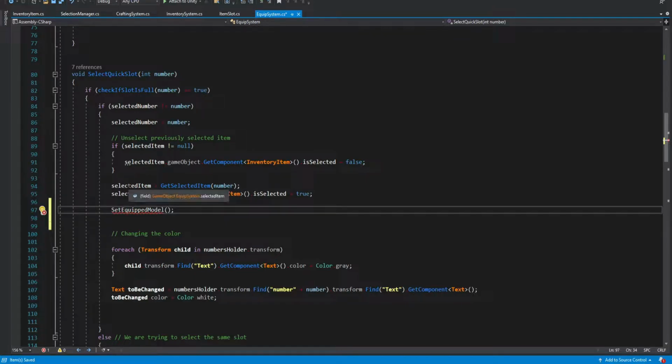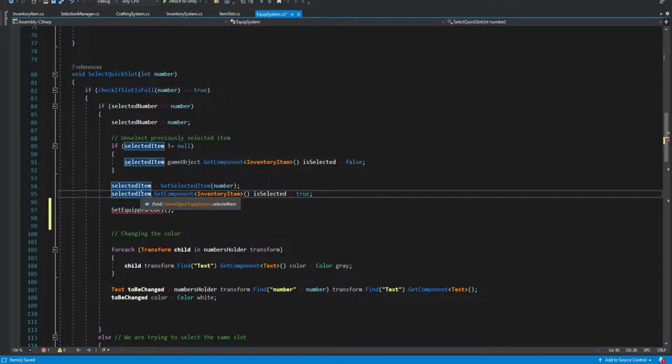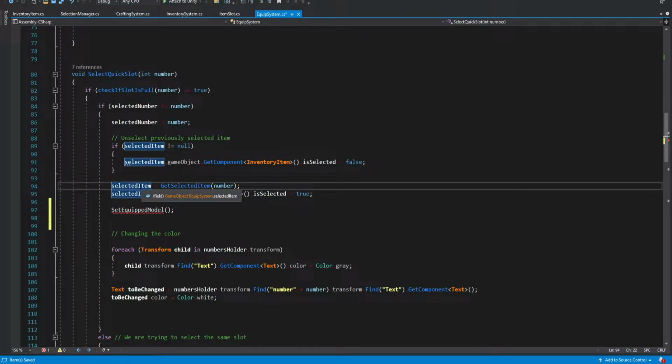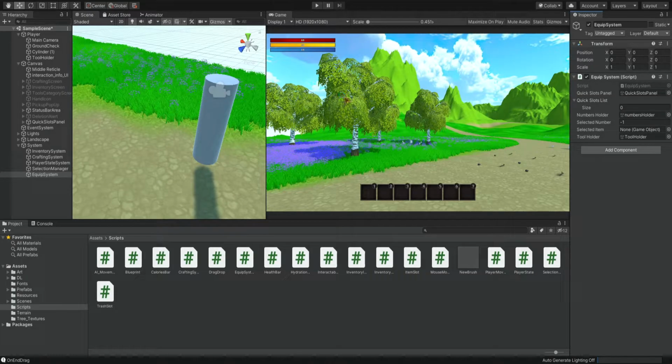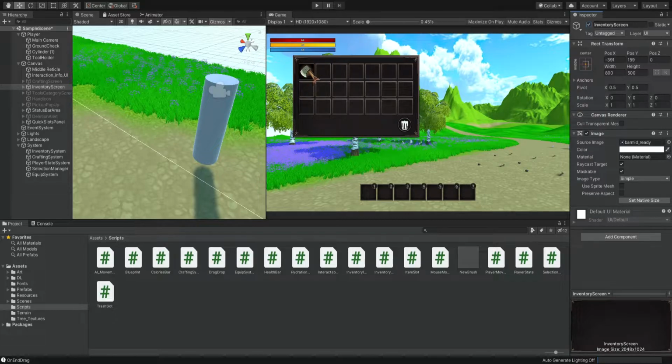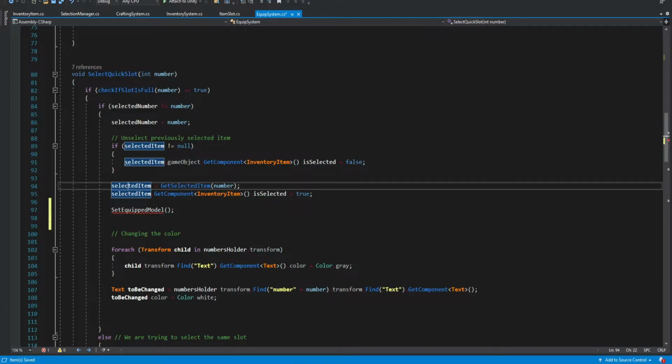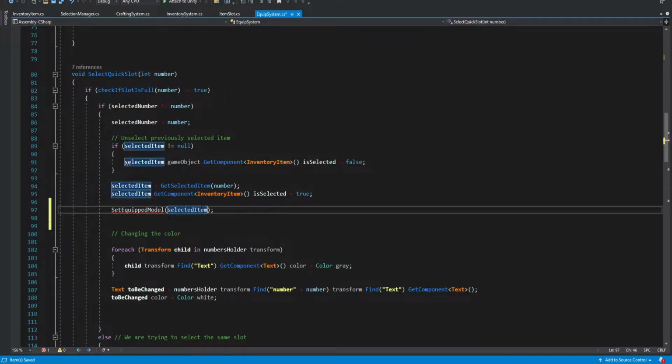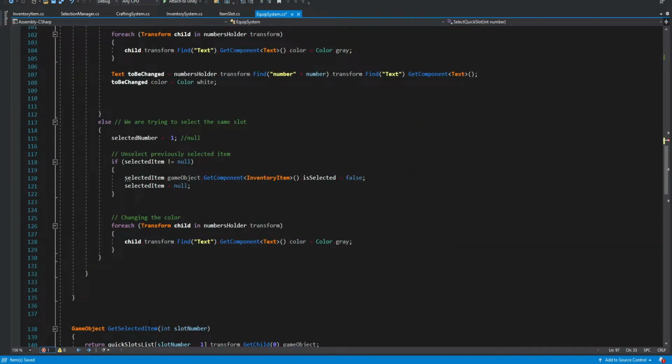And this selected item, if you remember from the previous episode, is just the game object of the item that is inside of this slot. But this item is not the model. This is just the sprite of the item, right? So if I open the inventory over here, we can see that we have this axe. So it's just the sprite of this axe. And over here, we simply get the sprite, okay? And it's useful because we have all the different scripts on it and we can also get its name, okay? So we're going to pass it inside this method and we're going to create this method over here.